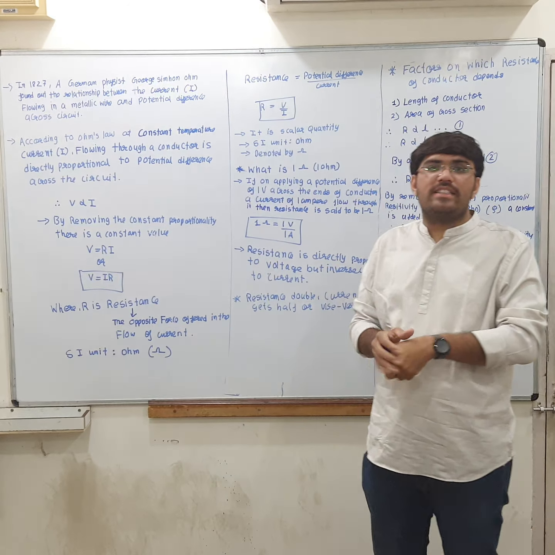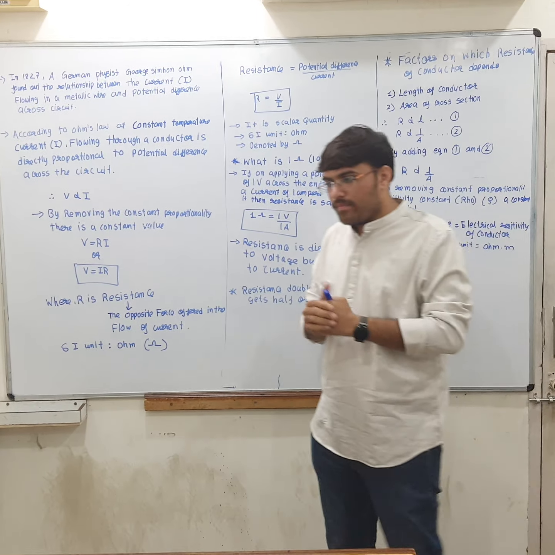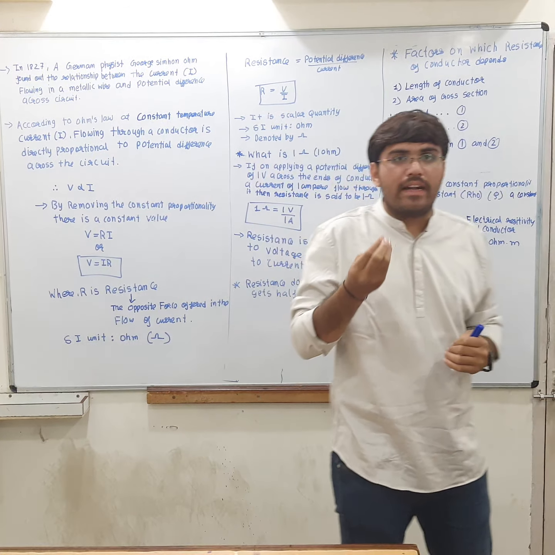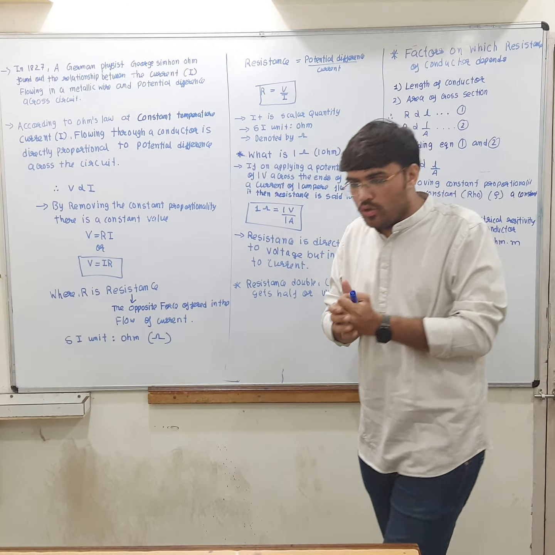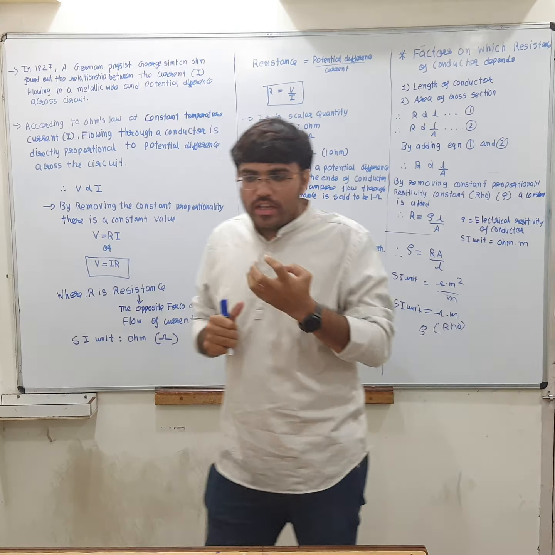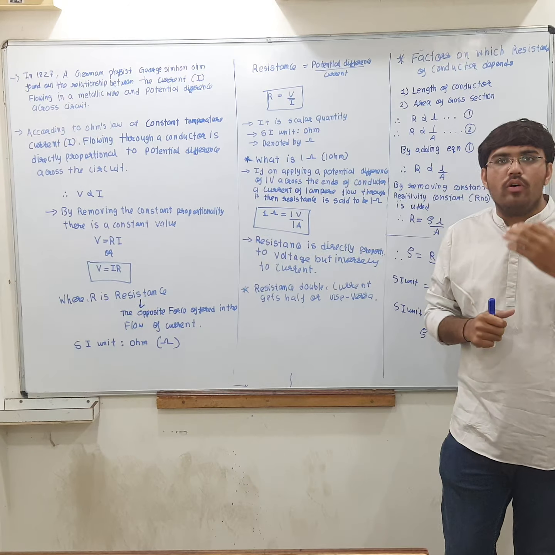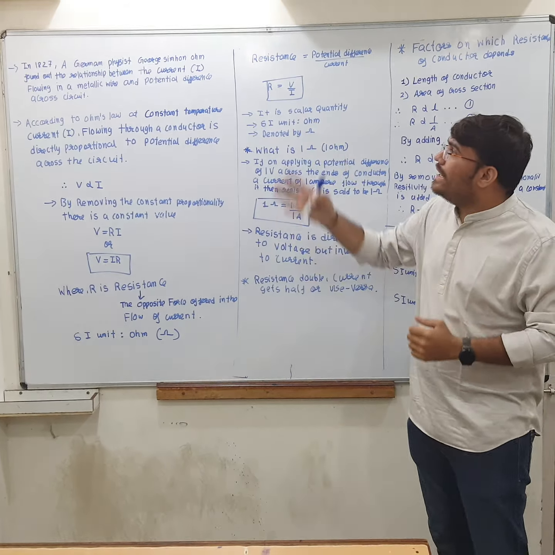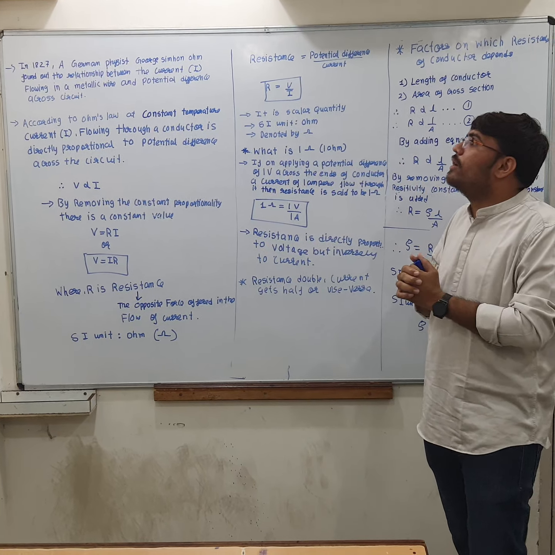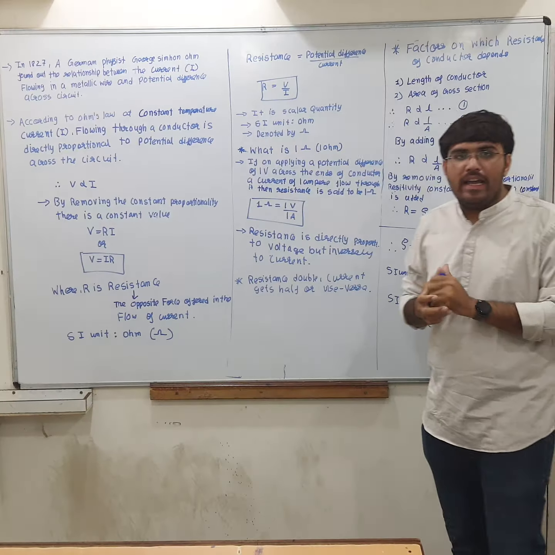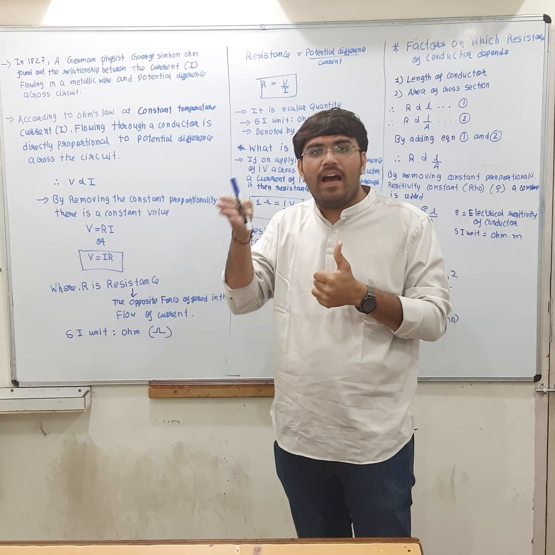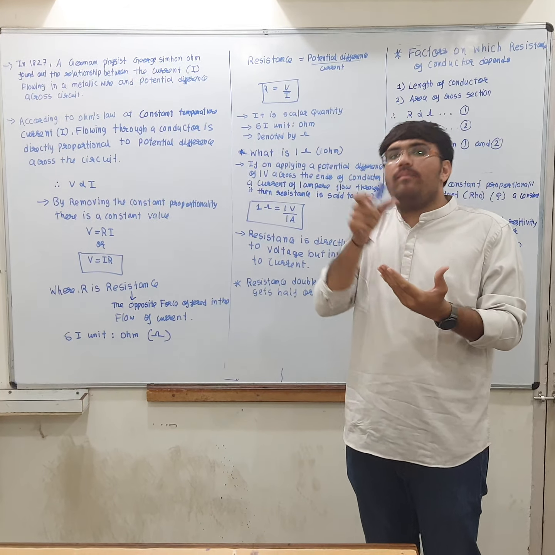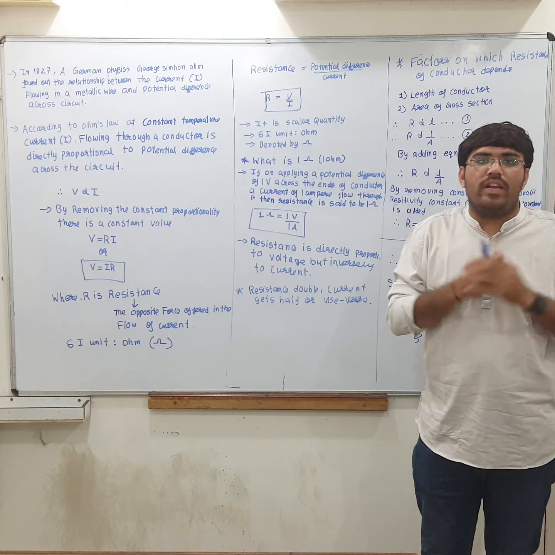So in this lecture we will discuss Ohm's law, resistance and its unit, and electrical resistivity. So what is actually Ohm's law? Ohm's law was given by George Simon Ohm. In 1827, the German physicist George Simon Ohm found the relation between the current, which as you know is denoted as capital I, and the voltage difference V. So he formulated the relationship between the current and the potential difference.